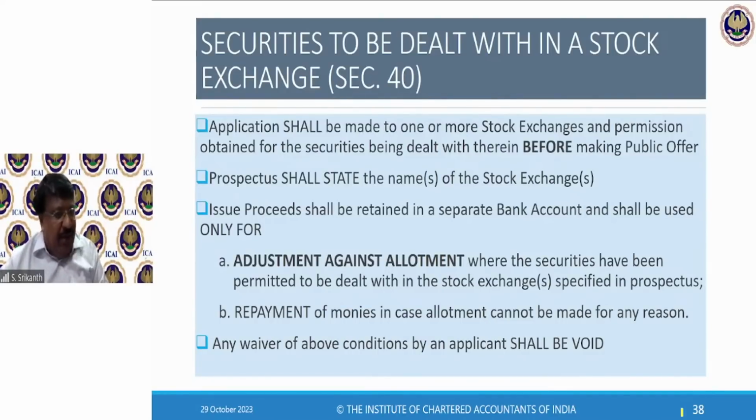See, the applicant is waiving. He's saying, it's okay, even if you're not listed, even if you're not receiving minimum subscription, I will take. He doesn't know. It's in small print. Fellow doesn't read anything. Simply give me, sign, take it, allot the share. So even if he has unknowingly waived, even then, such a waiver will be void. Meaning, you cannot later go to him and say, no, you only agreed. Sorry, sir, that part of the application is void. You have to return the money back to him. Once something is void, no legal effect will be there. No action can be taken.